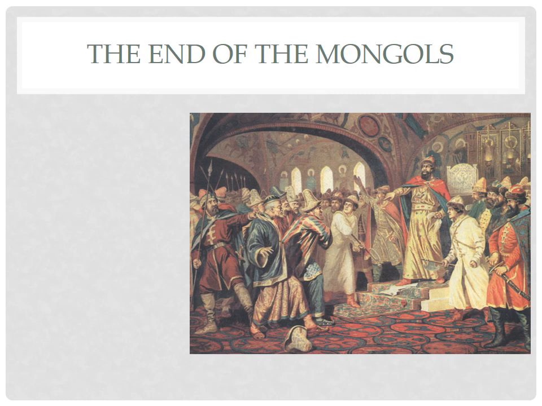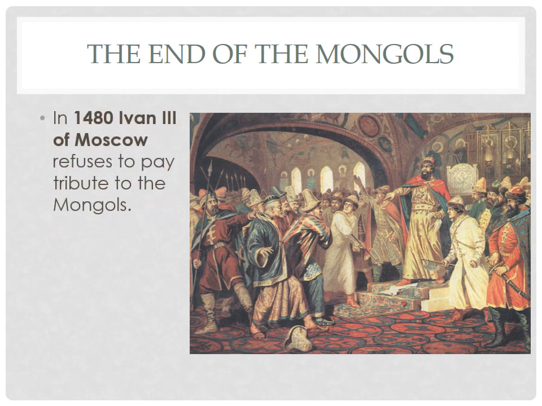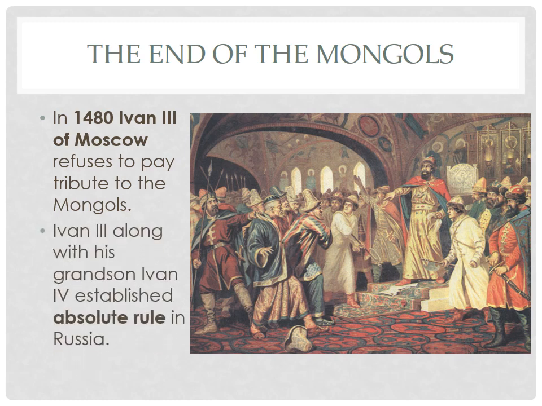So the Mongols fall to Ivan III of Moscow in 1480. He refuses to pay tribute to the Mongols, and at this point the Mongols are so weak and realize that they're overpowered and simply step down. It's not exactly a violent overthrow. And Ivan III comes from a wealthy noble family in the region, and so he claims power. He's often known as Ivan the Great, and we'll go more into that in a moment.